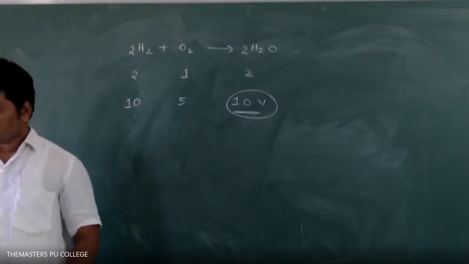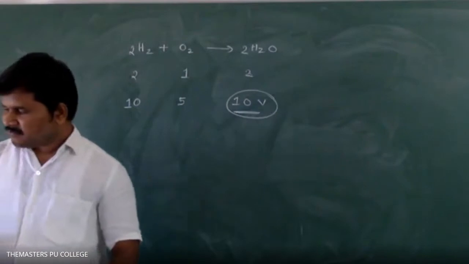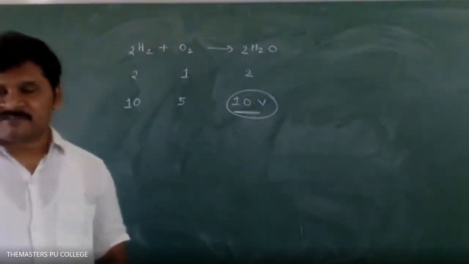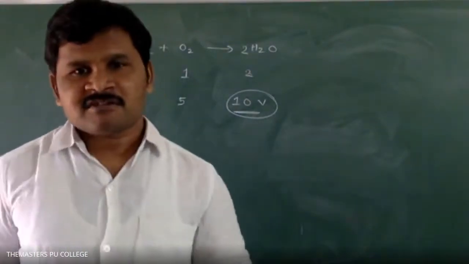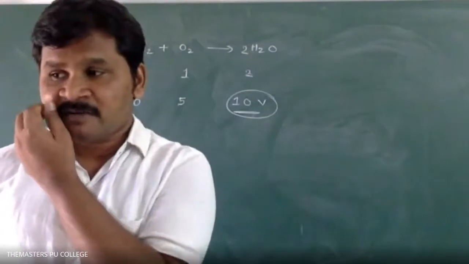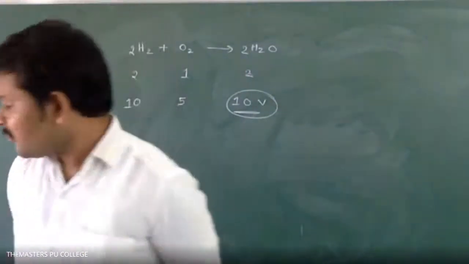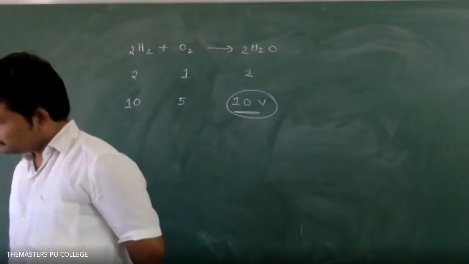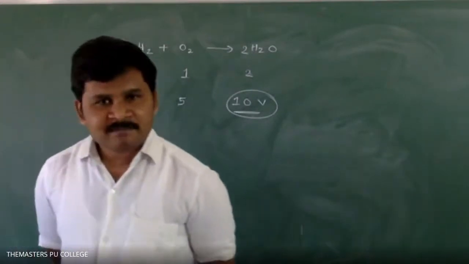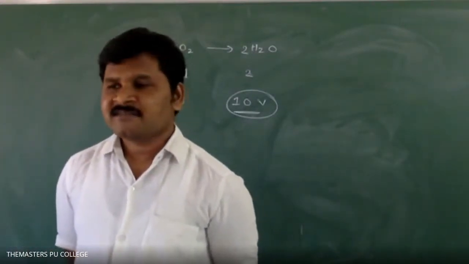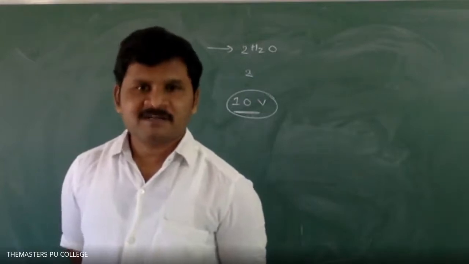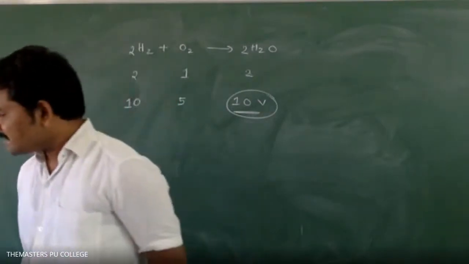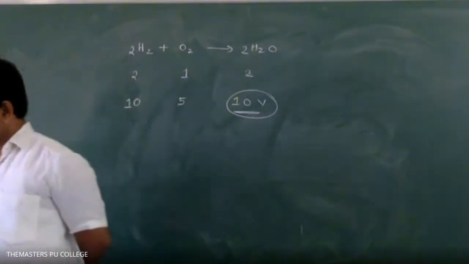What is N1? 0.5. Please write down. N1 is equal to 0.5. V1 is equal to 100 centimeter cube or 100 ml. 1 centimeter cube is equal to 1 ml. Okay? Next, N2 is equal to